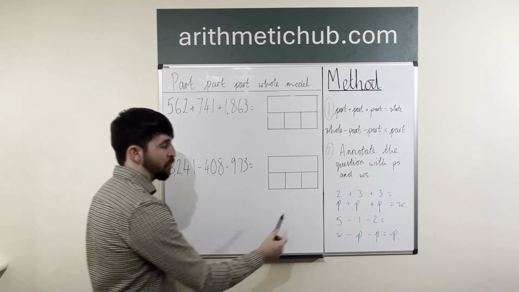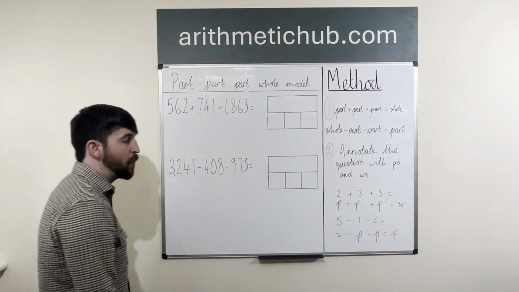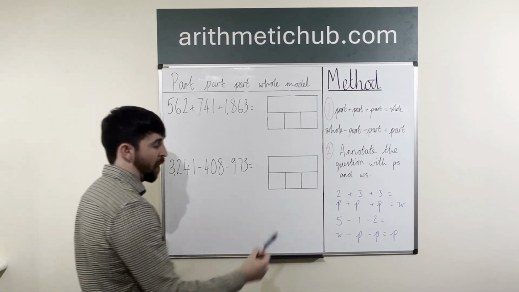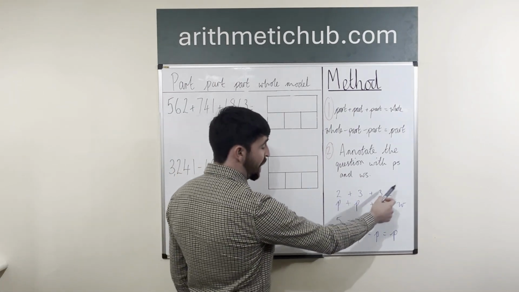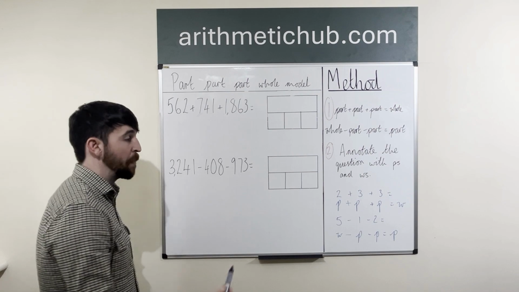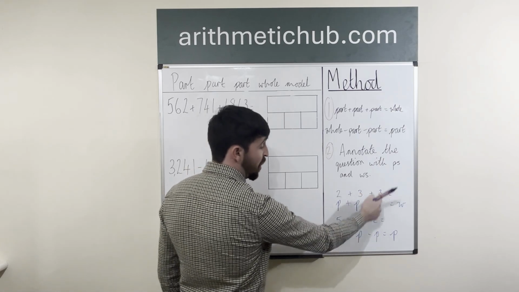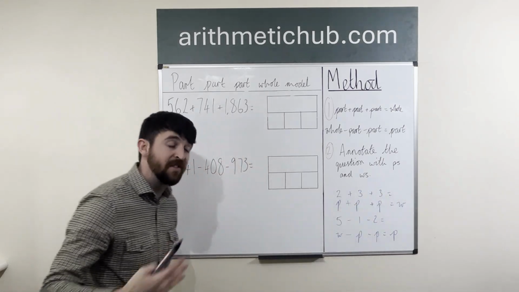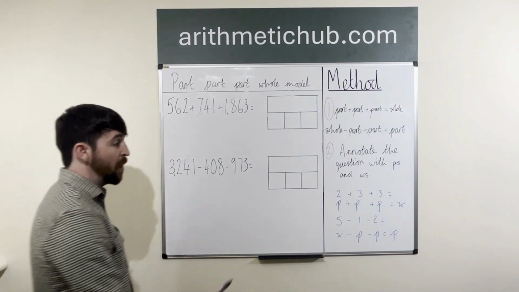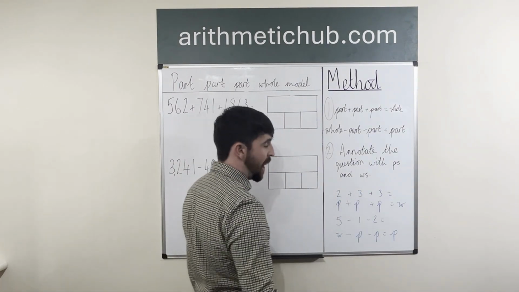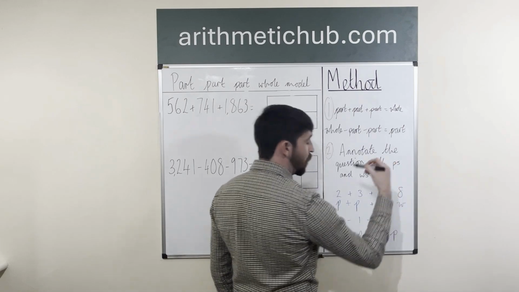So, for example, I've done a really simple version over here. If you were to have this simple addition where you've got 2 add 3 add 3 is going to give you a whole, then your 2 would be a part, your 3 would be a part, your other 3 would be a part, and then your answer would make the whole. So, 2 add 3 would give you 5, add the 3 is going to give you a whole of 8,